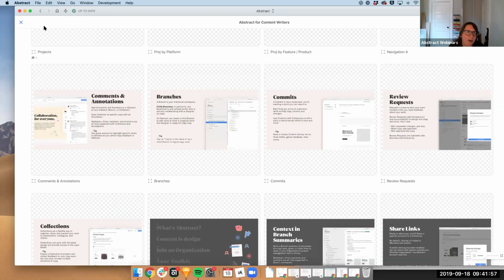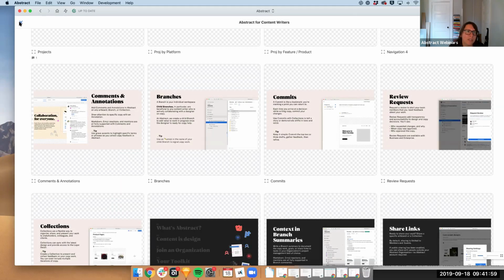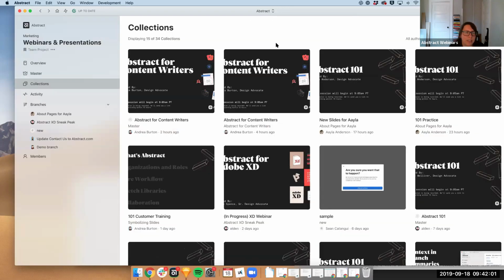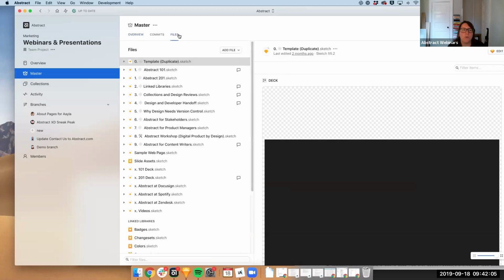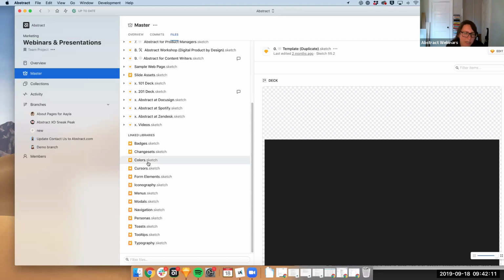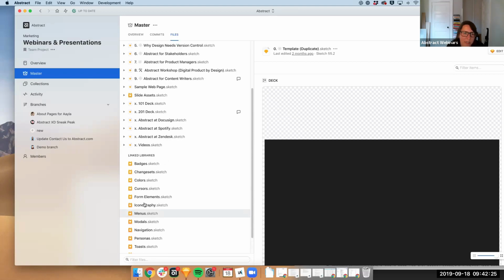The one thing about Abstract that I do want to say, I'm just going to go into live demo mode. Fingers crossed, everything works. So when I look at the files of a master, right now we have Sketch files and we have Sketch libraries. Libraries are reusable chunks of user interface. So this is kind of what we're talking about, where if you wanted to reuse copy, you could potentially use that in a library.